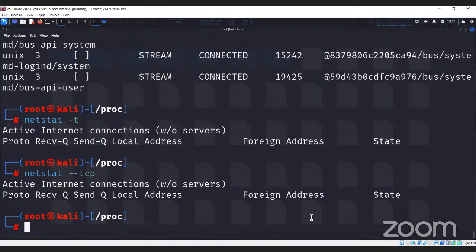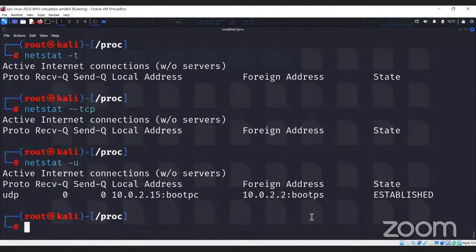For the UDP connections, we will use netstat -u. Here we got UDP connections. To show all the information in numerical addresses instead of host name and port number,